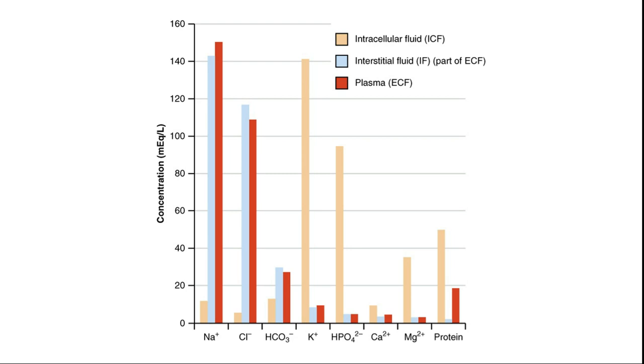And in plasma, it is maximum. As far as protein is concerned, within the cell you will find a large quantity of protein, whereas in the interstitial fluid compartment you will find hardly any protein, because that is a highly diluted area where there is no protein. So in this way, you will find significant differences in the chemistry of the various fluid compartments.